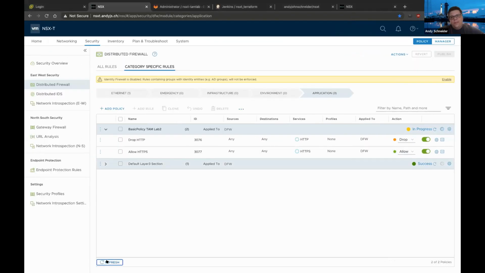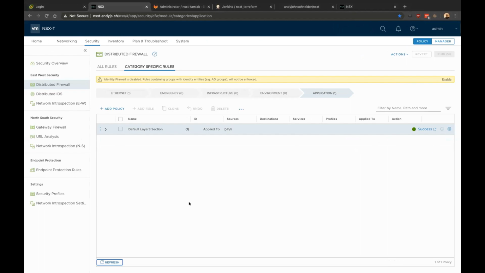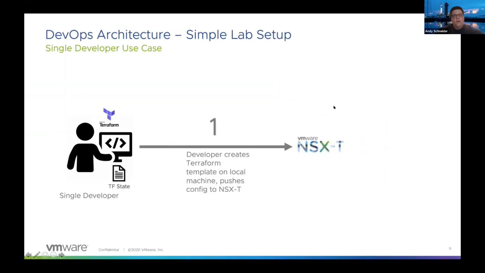If we have time at the end, we can try that. Break the lab, love it. Okay, and now it's gone because I destroyed it. All right, so let's go on